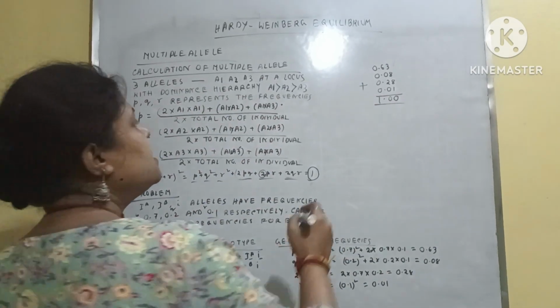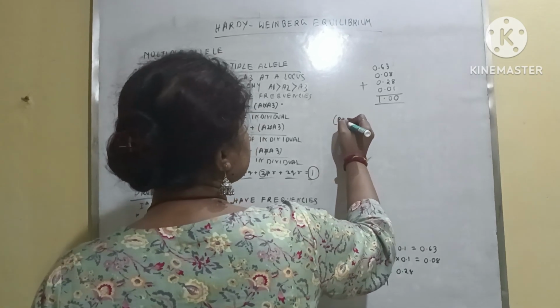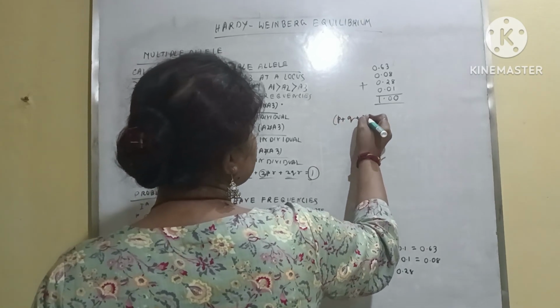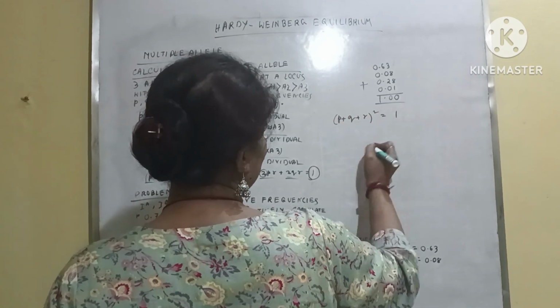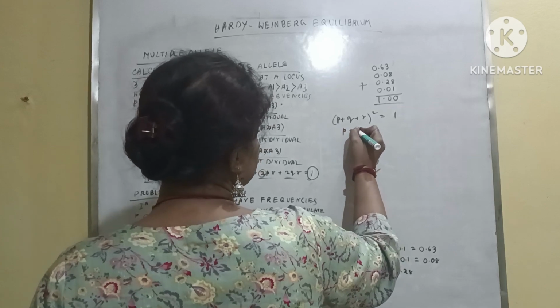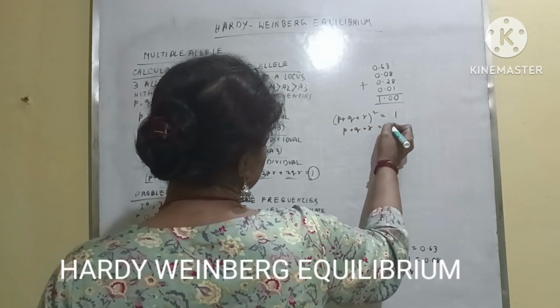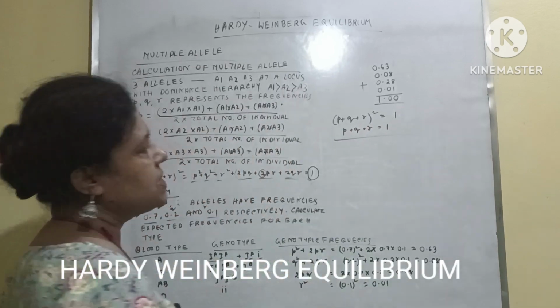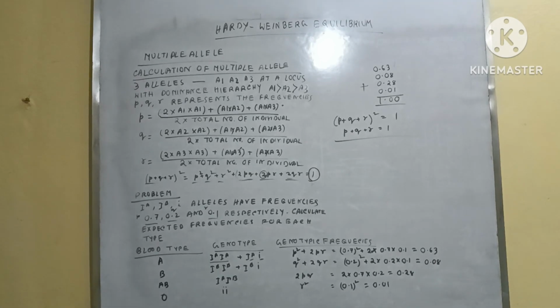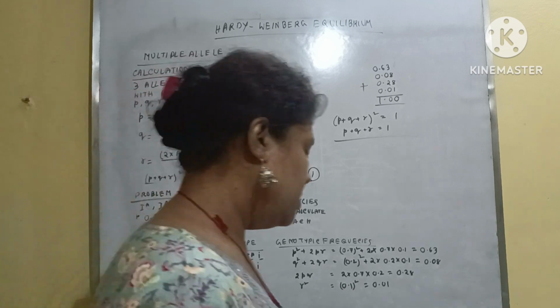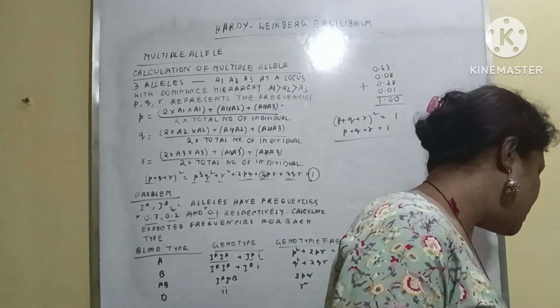Clear? That means (P plus Q plus R) whole square equals 1. So P plus Q plus R equals 1. That means Hardy-Weinberg equilibrium is established here. Clear? So this is the actual